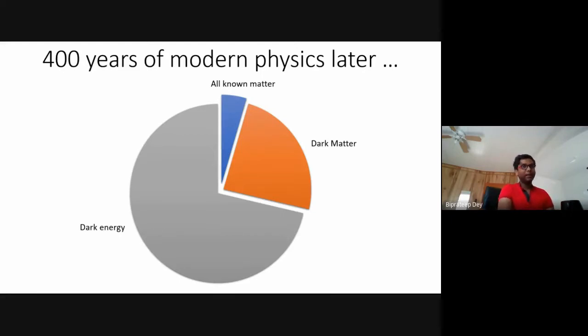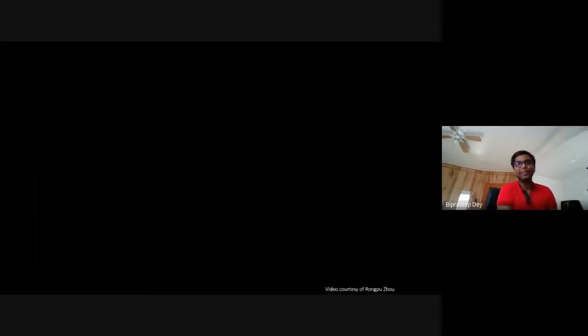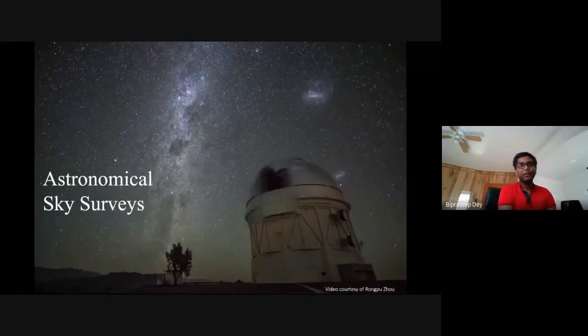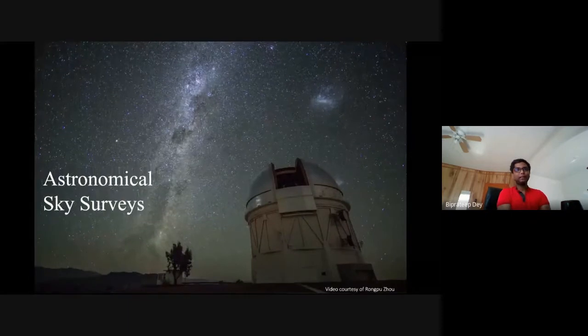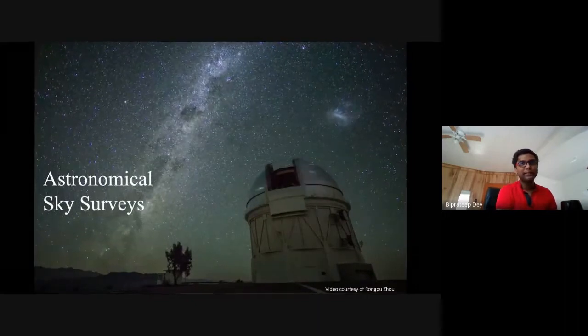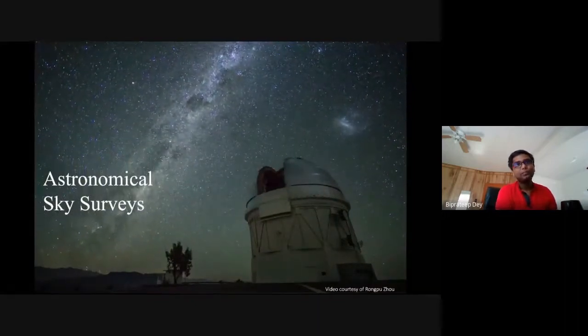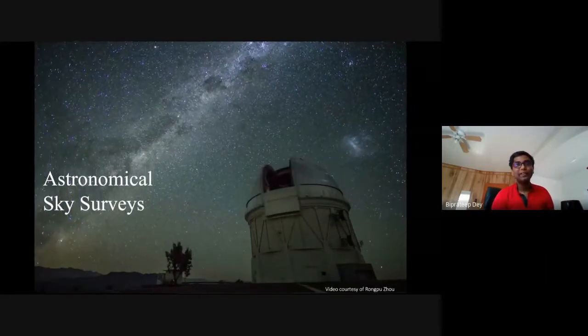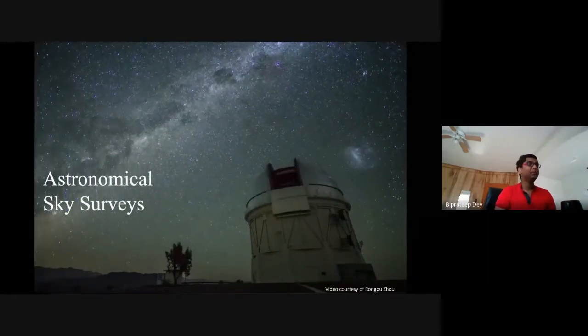So how can we explore it using astronomy? So as I had mentioned previously, people used to look at the sky and catalog stuff. Currently, we do the same thing, but in a bit more modern way. What we would do is take a telescope and point it to the sky and record everything that we see. And this is what a modern sky survey looks like. You take a telescope, fix a camera at the end of it, and picture whatever is visible by the telescope.